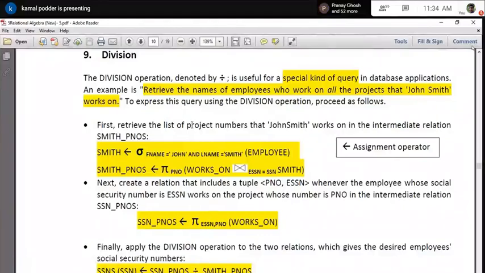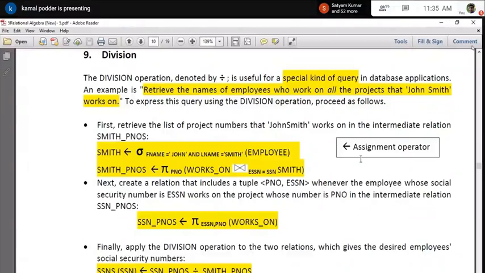Always, I am telling you, if you have a query and try to find out the result, first think: if the data is available in different relations, and I really want to do it manually, what would I do? Then we will automatically find out the corresponding operations you need to do in relational algebra or SQL.